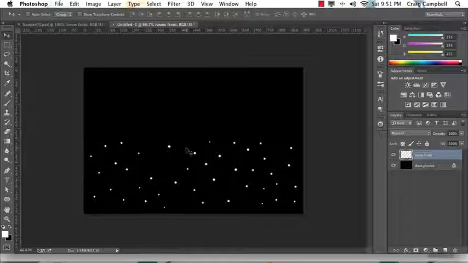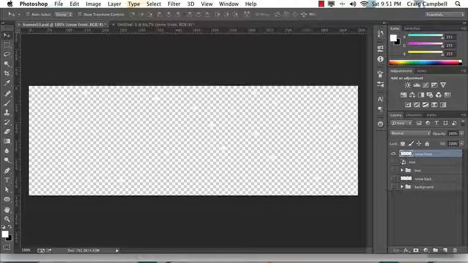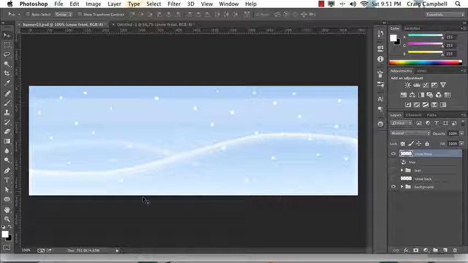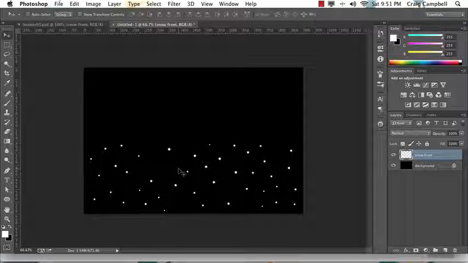So I'm just going to nudge it down, and it doesn't have to be exact, but let's turn our background back on. We want to take a look at our lowest flakes down here, and it looks like it's about 10 or 15 pixels up from the bottom of the document. So let's come back down here, nudge this all the way down, and then just nudge it up about 10 or 15 pixels. So the snowflakes on this layer take up about 300 pixels of height, which is half the